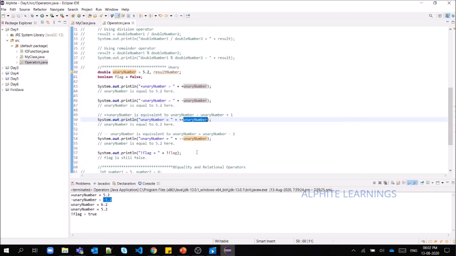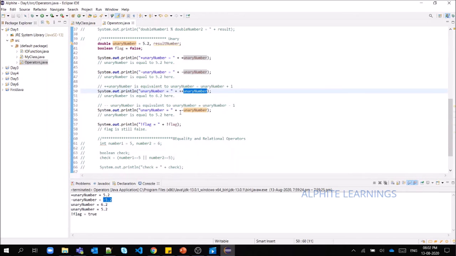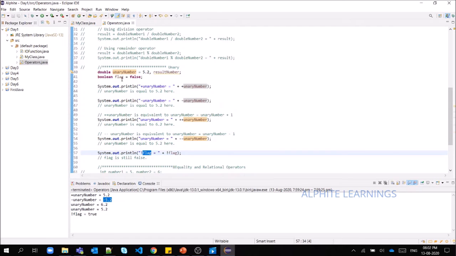Okay, so I'm trying to apply the minus minus, which means the decrement operator. So automatically the value gets decremented by 1 and we get 5.2 here. Okay, and next is the not operator. The flag value is boolean, so it is false.